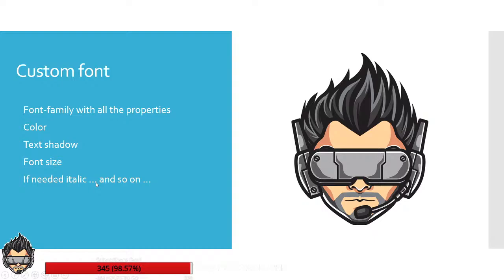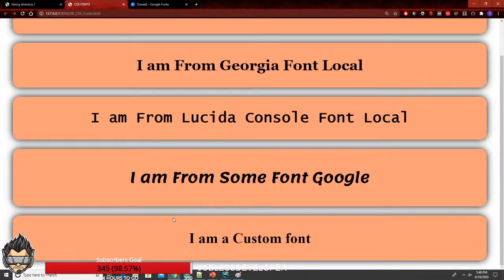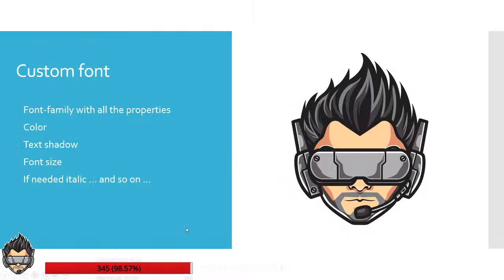So custom font is like a CSS homework for you. What I want you guys to do in this custom font is please take a screenshot of this file, this screen. I want you to add a font family with all the properties that you know, such as padding, margins, borders, outlines, decoration, different fonts, different styles, different colors, different background colors, italic, bold, capitalized, uppercase, lowercase, whatever it is. Try to add all the properties that you can and make that thing look really good